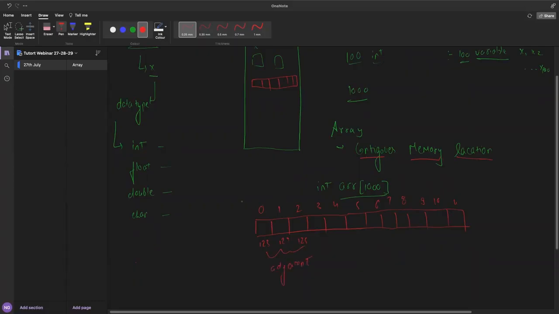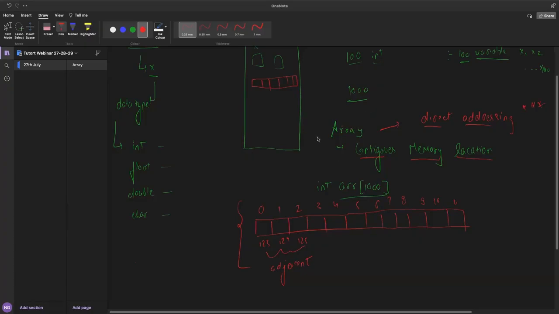Now, because of this property, contiguous memory locations, an array gives an advantage of direct addressing. Let's understand what direct addressing is. Guys, this is very, very important to understand, because whenever you are going to use an array as a data structure, you need to understand that direct addressing gives an advantage that helps the array be used as a basic data structure.